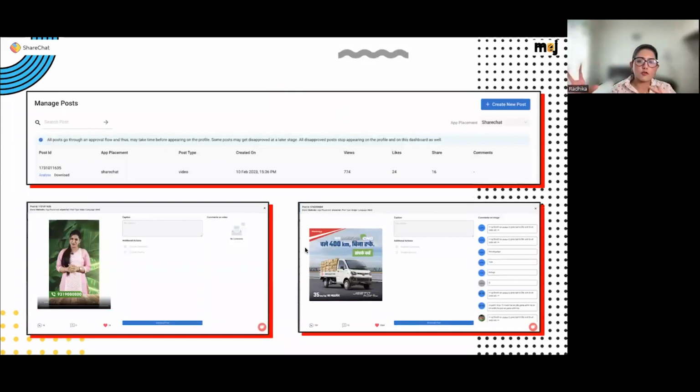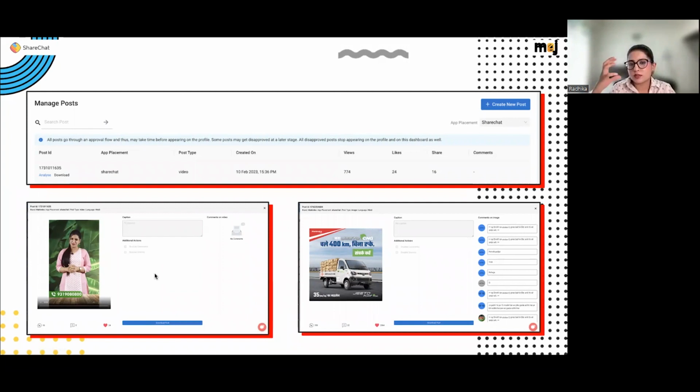We can move to the next slide, Anushka. Right. So, of course, once it is published, you'll be able to see it on the table that I was talking about initially. So the top section gives the disclaimer, which I talked about, and the overview of the table. Now, if you look at the top screenshot on this slide, if you hover around the post ID, right, you'll be able to see two options, which are analyze and download. So again, this is a third beautiful capability that we provide on the platform.